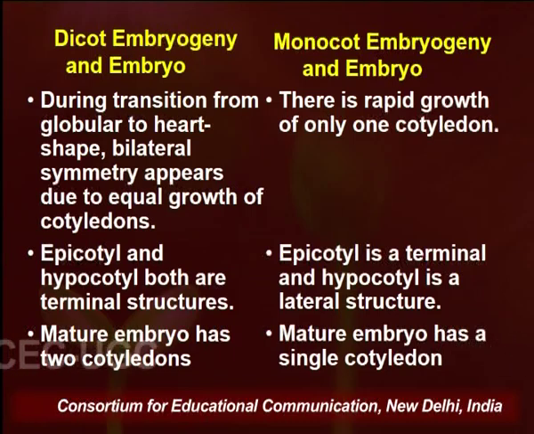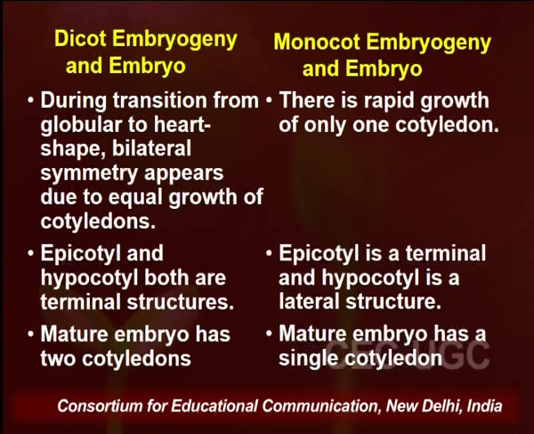In monocots, the epicotyl of course is a terminal structure, but the hypocotyl is a lateral structure. Now, as discussed earlier, in dicots, the mature embryo has two cotyledons, whereas a mature embryo in monocots has only a